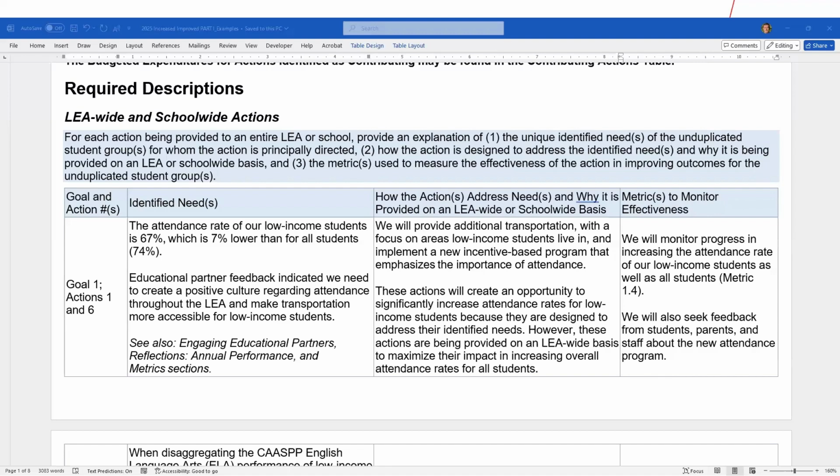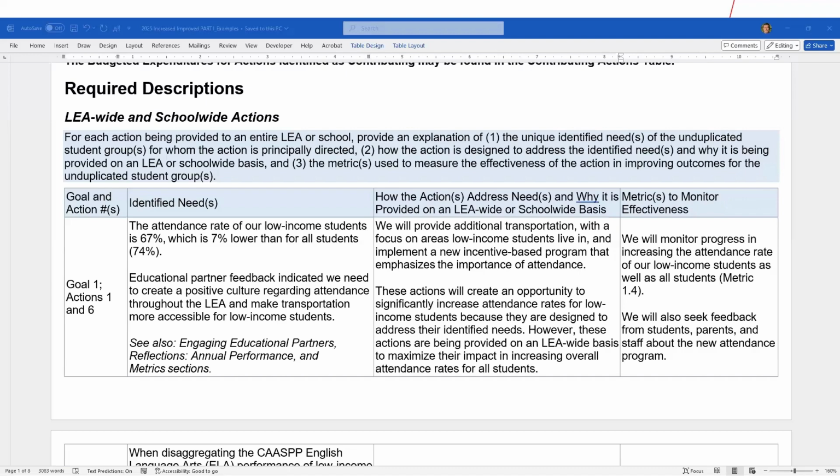across the LEA. Then you look at your last column, the metrics to monitor effectiveness. And if you've been around for a while, last year's presentation we modified very, very slightly to include the metric number in this column. Before we just had a description. We did this to demonstrate that there is no wrong way really to identify the metric in this column. You can identify it via the metric number, which is in the LCAP. You can identify it by describing it, or you can do both.